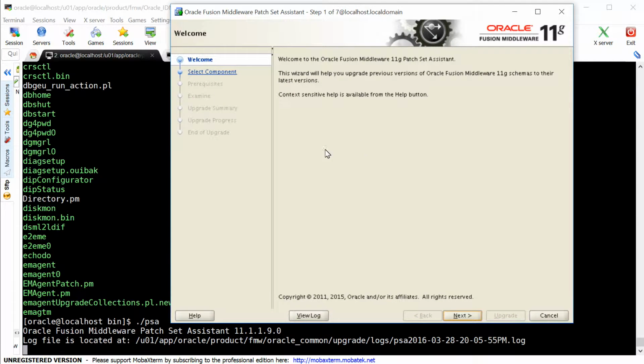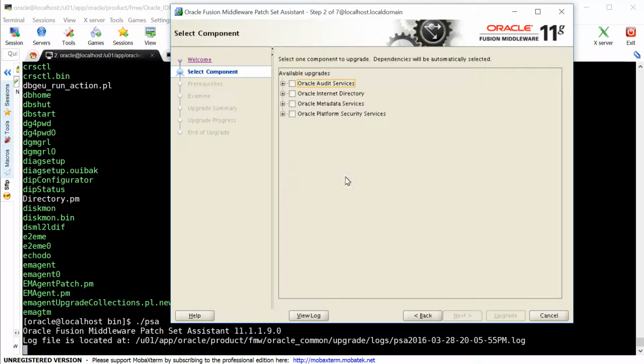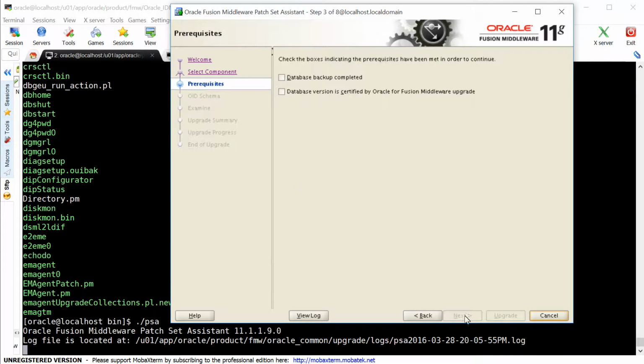Okay, this is your Patch Set Assistant welcome page. You can click next here. Now here it will ask you to select the component which you are planning to upgrade. So in our case it would be Oracle Internet Directory. So select that, click next. So it will ask you whether you have backed up your database and your database version is certified